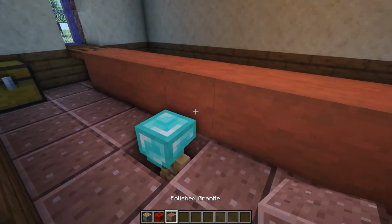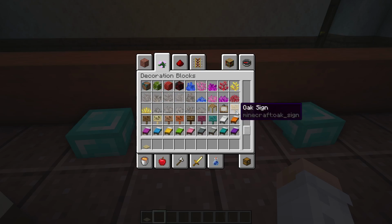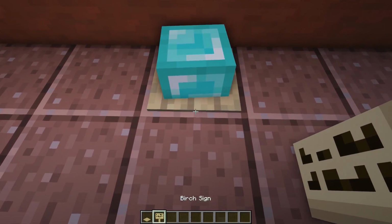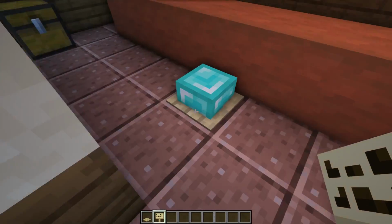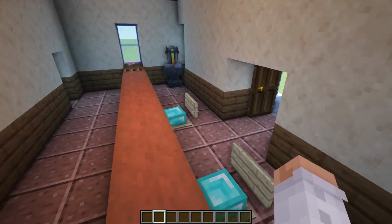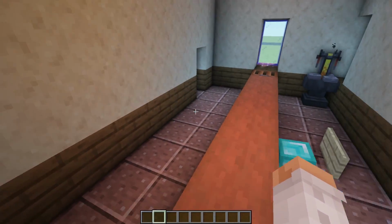I'll do the same for this one. Then I got my birch pressure plate and a birch sign, and I use birch for this because it's the lightest block and it looks the most like the little chairs in the Animal Crossing game itself. So just click the sign on this very small edge you have over there, and it should look like that. Do the same over here, and there you have the two chairs. That's pretty much all the furniture at this side. I'll add some paintings later on,